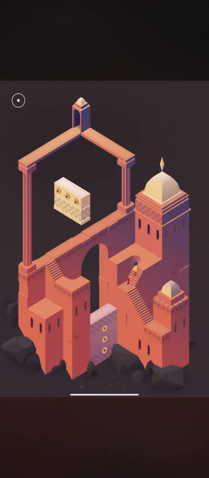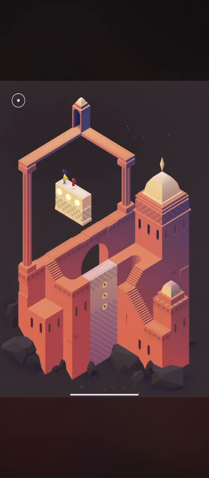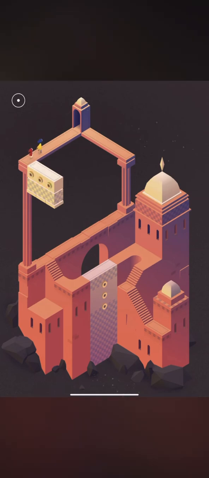So yeah, I take a second to look at the stage, how I would manipulate the environment. And that's what you have to do if you've never played the first one or haven't played this game.